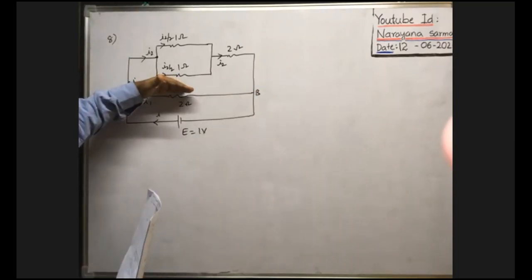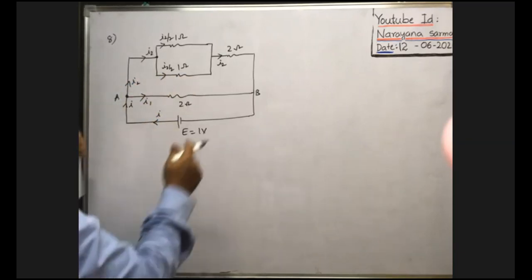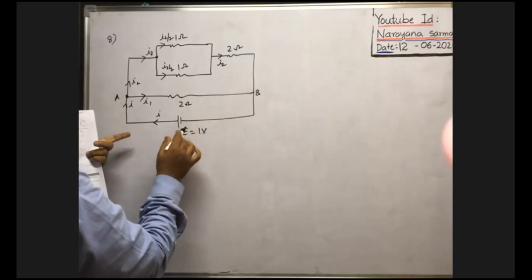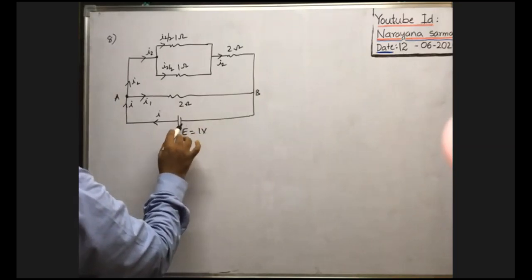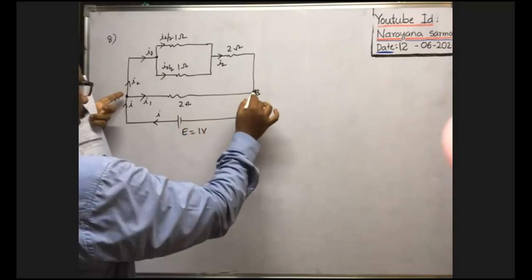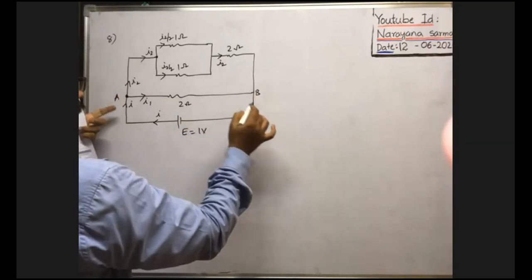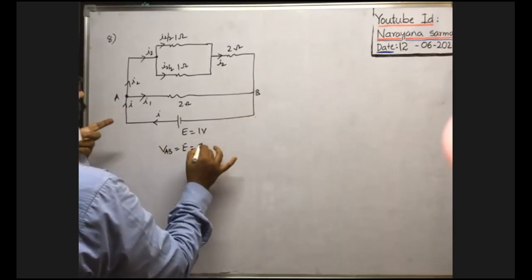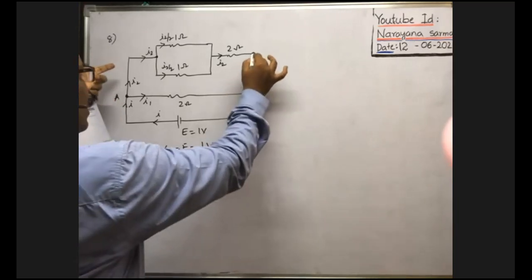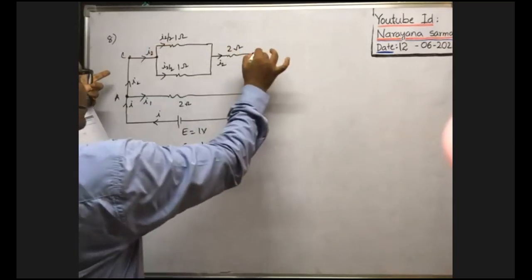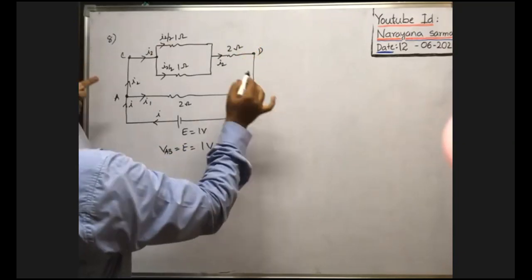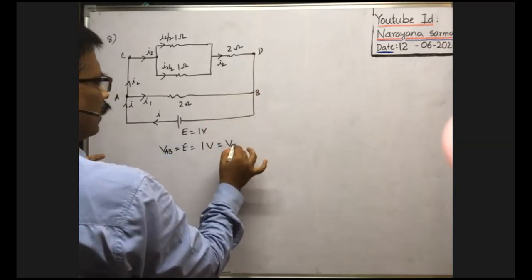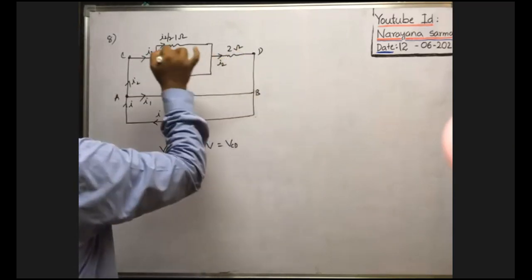Across A and B, as the cell is connected, the potential difference across A and B is equal to the EMF of the cell only, no, because it has no internal resistance. The internal resistance of the cell is not given. When internal resistance is not there, definitely as the two ends of this resistance are connected across the cell, whatever the EMF of the cell, that is the potential difference across AB, which is equal to 1 volt. As this combination of these two parts, C and D, is also connected across AB only, whatever the potential difference across AB, that is the potential difference across CD. That's why the potential difference across CD is equal to this 1 volt.